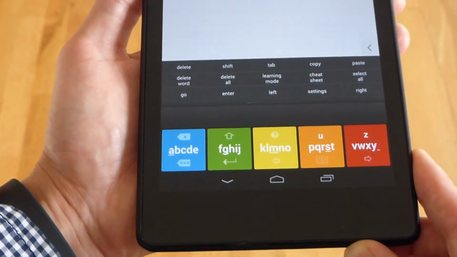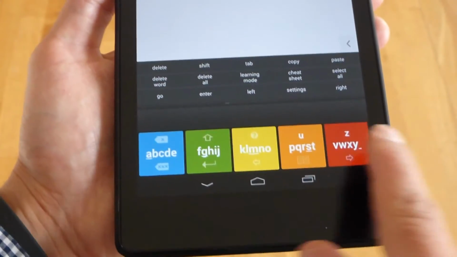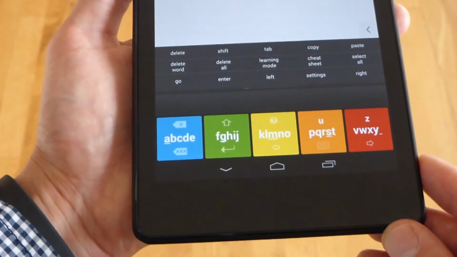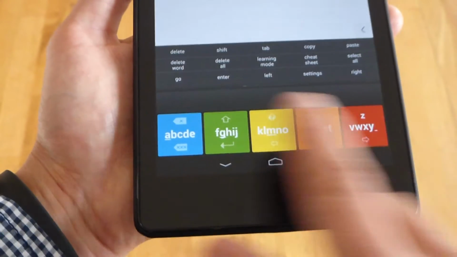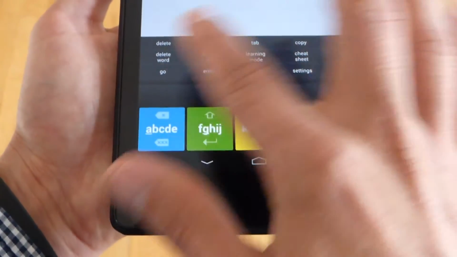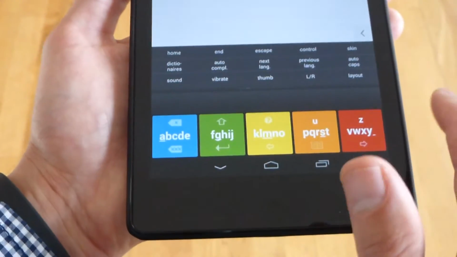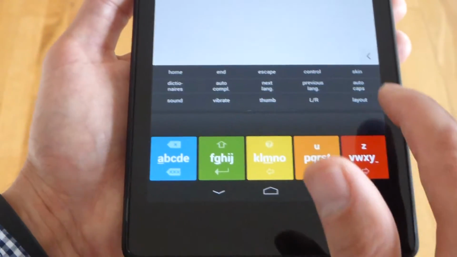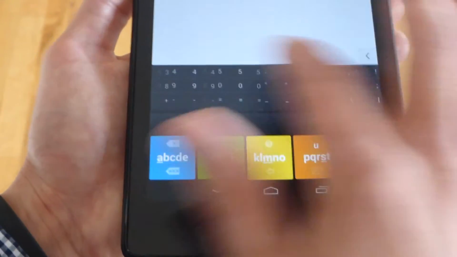So first I would like to explain about the couple of areas that you're going to see on the keyboard. The keyboard itself is these 5 colorful keys. All the commands, symbols and letters you achieve by swiping on these 5 keys. This area on the top, it's called cheat sheets, and this is where you can find all the combinations that you need if you ever forget them or if you don't know them yet. So you can flick through these different pages,